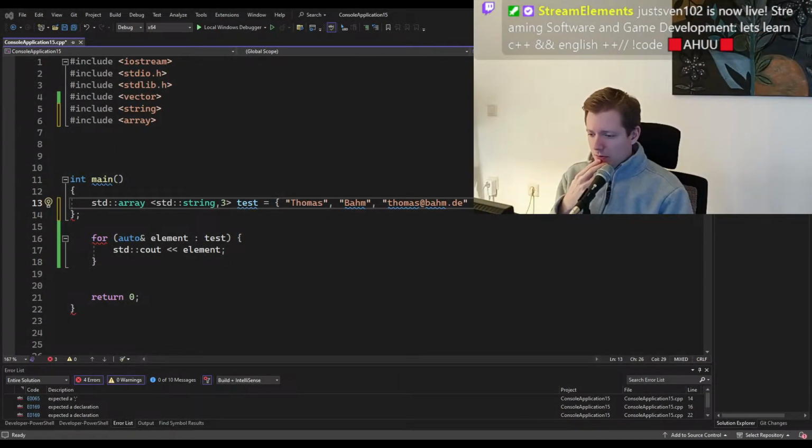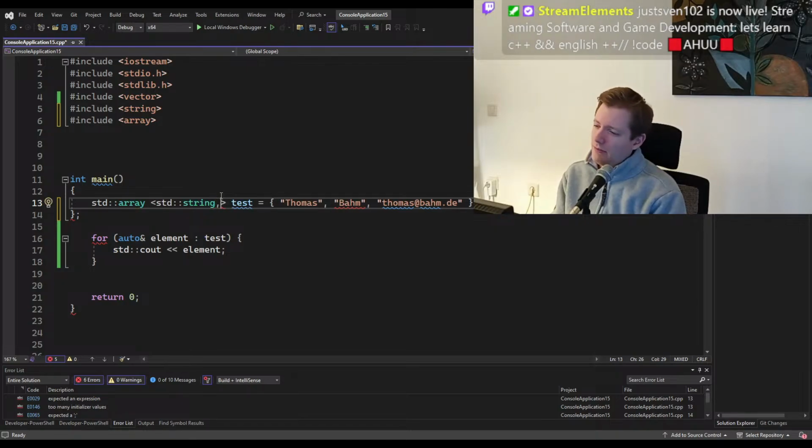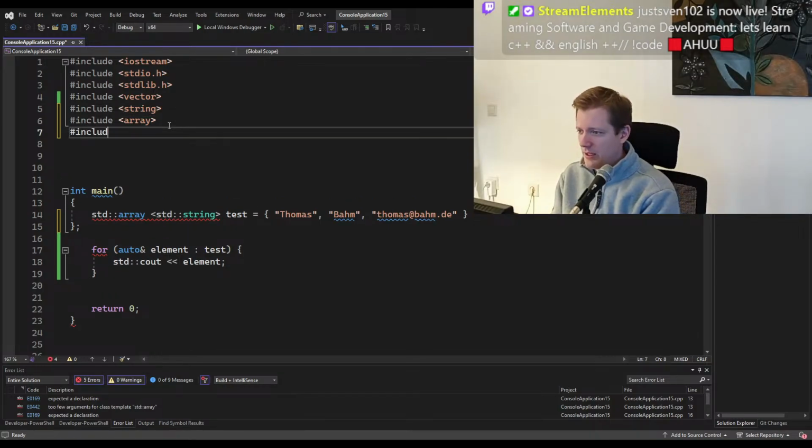Let's go back in programming. It should go without a size if you have the initialization like that. What is the problem? Expected a declaration, so it needs the size. Why? Really? Why does it need the size? If I'm going to do the same thing with a